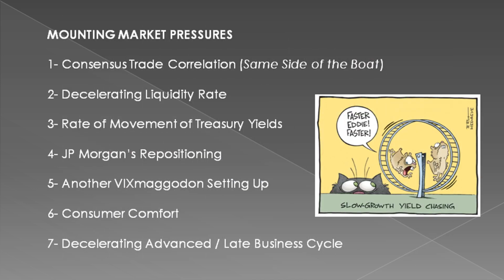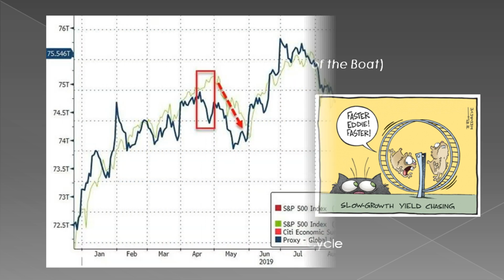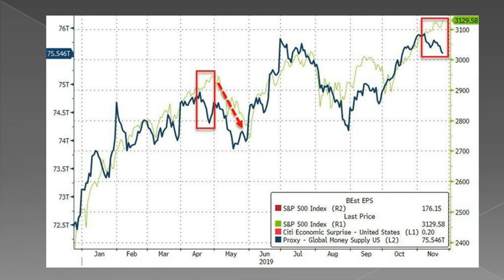There are mounting pressures on U.S. equity markets, which we will explore further in our upcoming long-wave video. Meanwhile, any let-up in global money supply growth is going to be problematic. This is why any deviation, such as the one shown here, which was just reported, causes market jitters. More on that in the upcoming long-wave video.